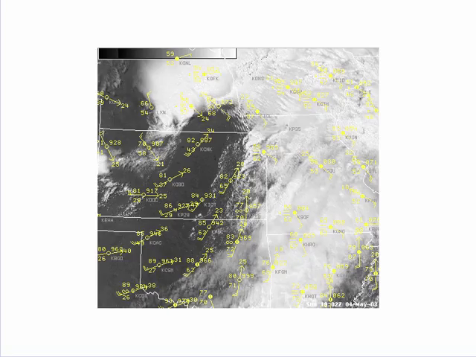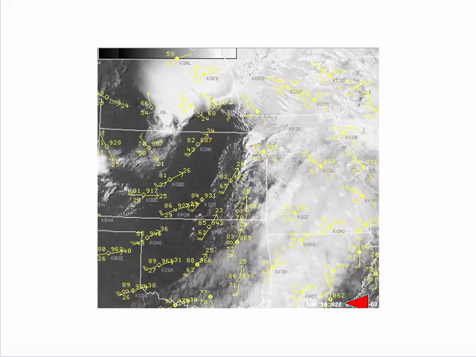The first day we're going to look at is 4 May 2003. This was the beginning of about a week-long severe weather outbreak in the Central Plains. On this particular day, the severe weather was limited to eastern Kansas, eastern Oklahoma, Missouri, and Arkansas, as well as points further east. What we're looking at here is a visible image around 19Z on 4 May 2003 with the